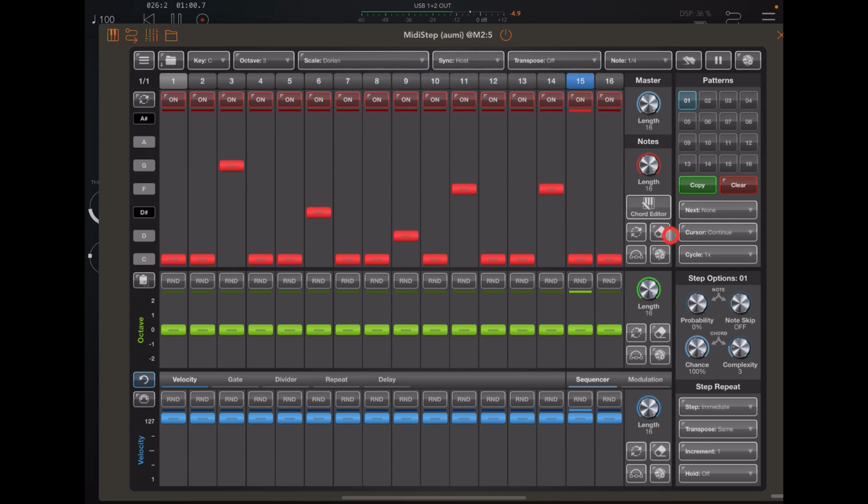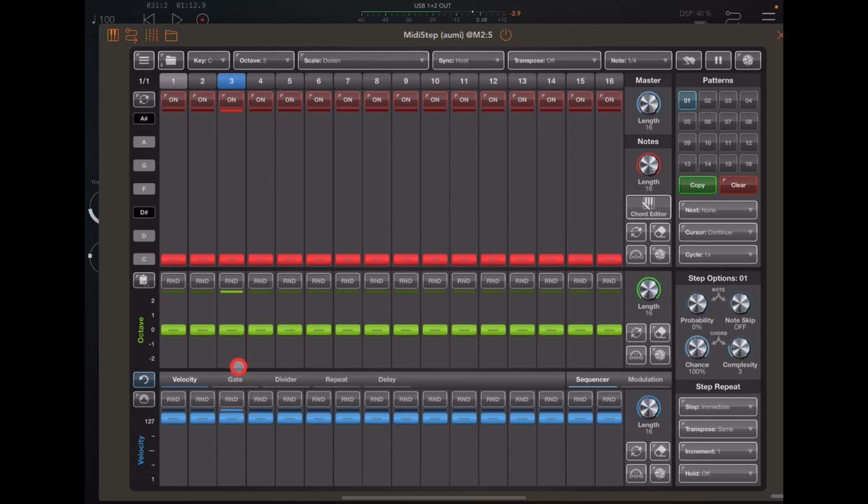Okay. I can reset this here, just do that. I can randomize. I'll just reset that there as well. Now, this randomize, this is your global randomize, and you've got deeper control. However, if you just want to randomize either the notes or the octaves or the kind of